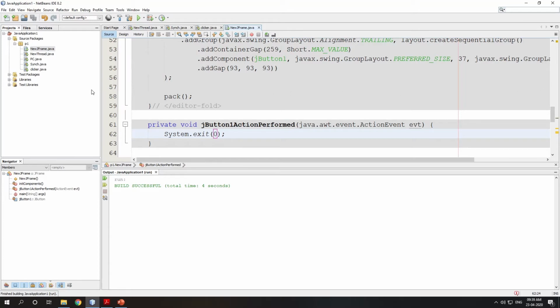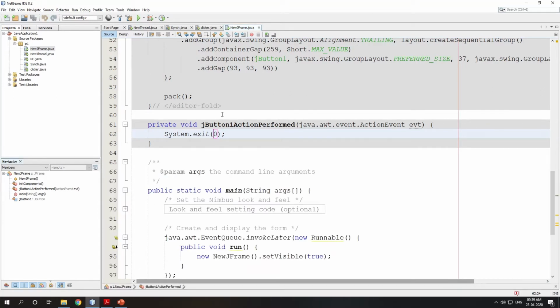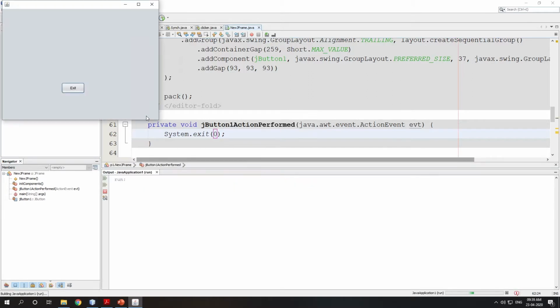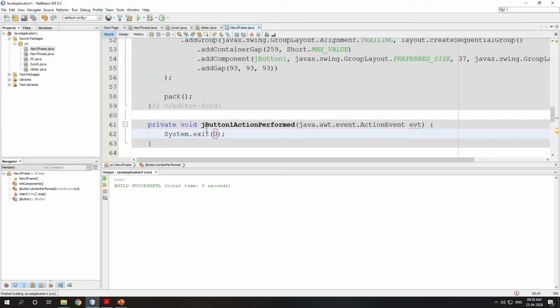This means for every event there should be a listener. And who was the source here? I was interacting with this source. This source generates an event and passes it to a listener, and this listener performs some action.